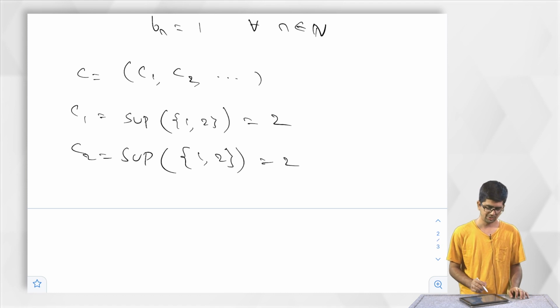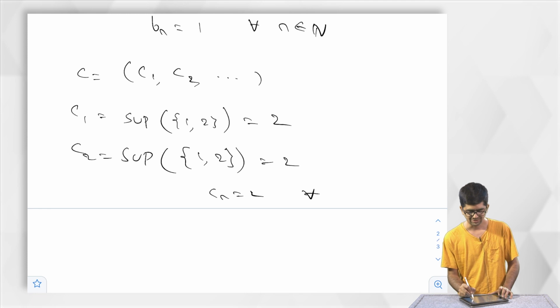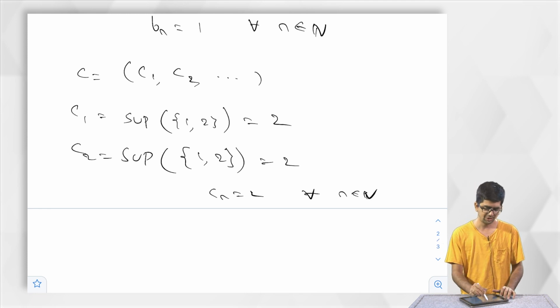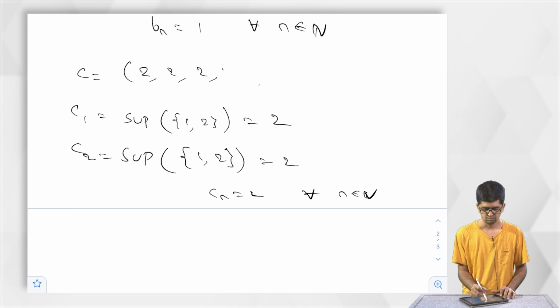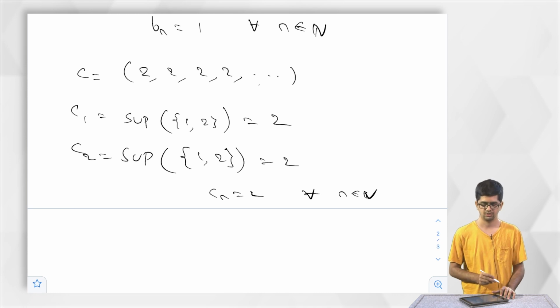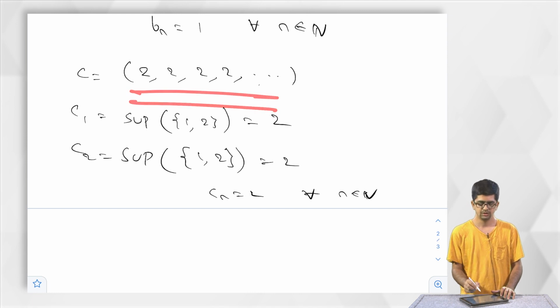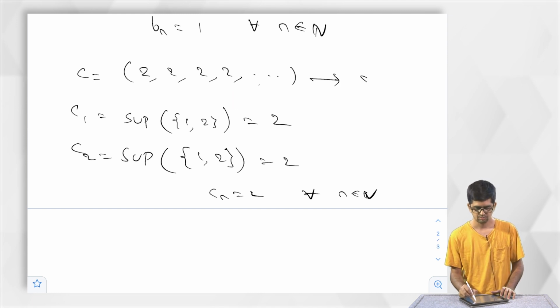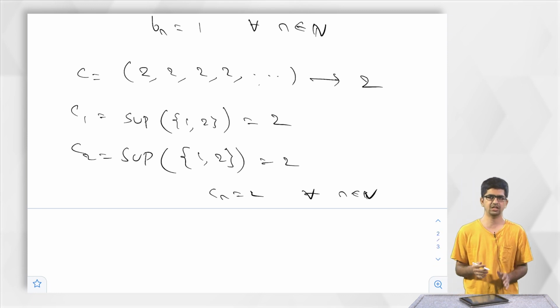And you also know now that Cn is equal to 2 for all n belongs to N. So what do we have now? That this sequence, the supremum sequence, is actually the constant sequence 2, 2, 2, 2, 2, dot, dot, dot. This is a constant sequence that converges to 2. This we have seen already before, that constant sequences converge to the same element.